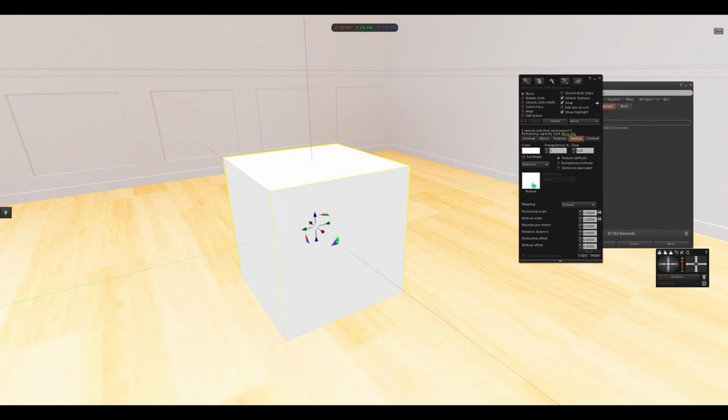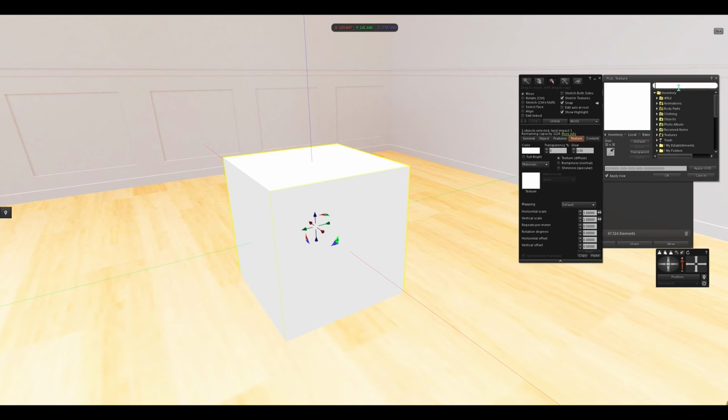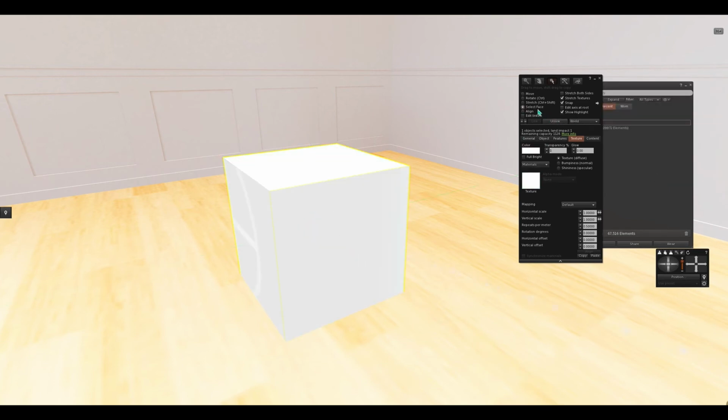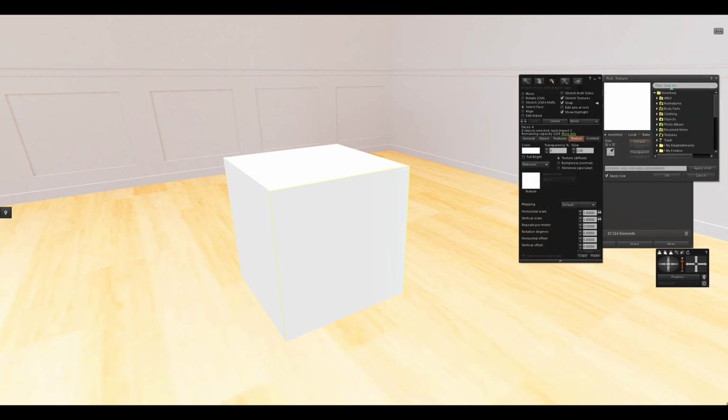And then open the texture window here and I'm going to search for a set of textures that I have just to show you how each face is a different texture. So let me start with a blank. So in order to put a separate texture on each face, go into Select Face option here in the Build menu, left click on the face you want to put a texture onto,